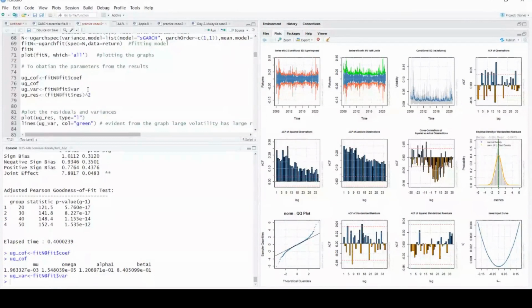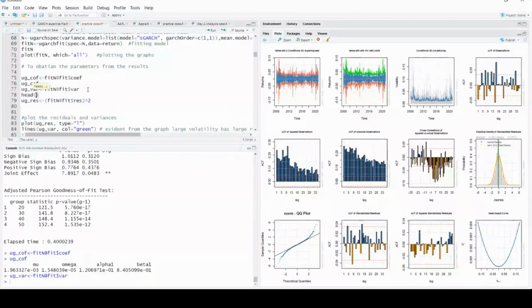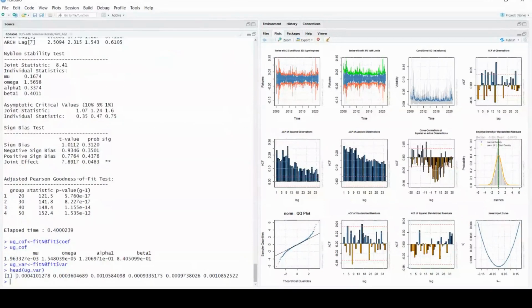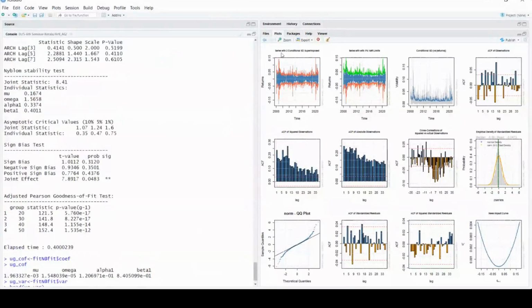If I wanted to see the head of ug var, here I go. You see that? This is my series. I hope it is visible to all of you. Can you see that? Yes, ma'am, it is visible.